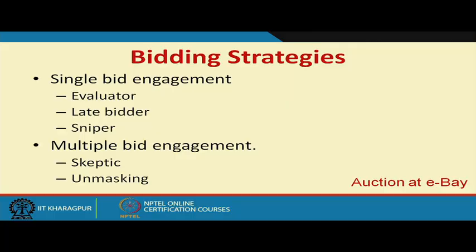Or, on the same item, not multiple items, I can put multiple bids to figure out whether other people are actually engaged in multiple bidding. So, to unmask the true price of the item, I will provide multiple bids. Okay. So, with this we finish this lecture, and I told you this is the last lecture